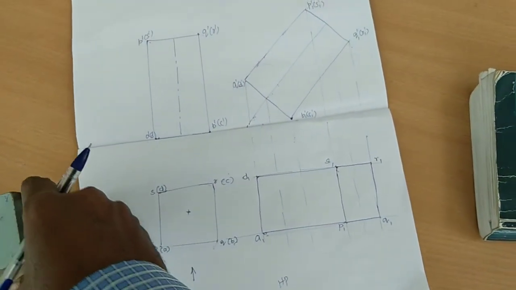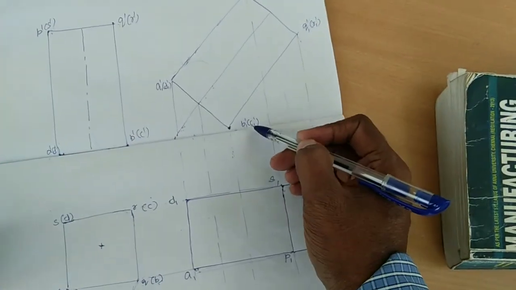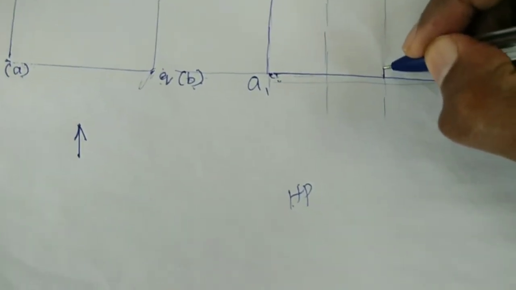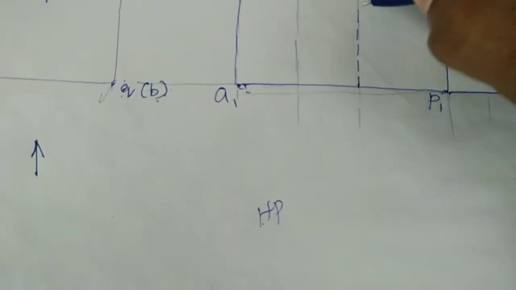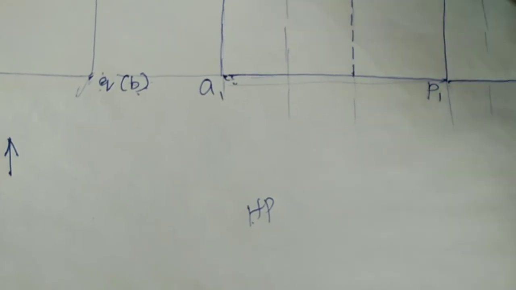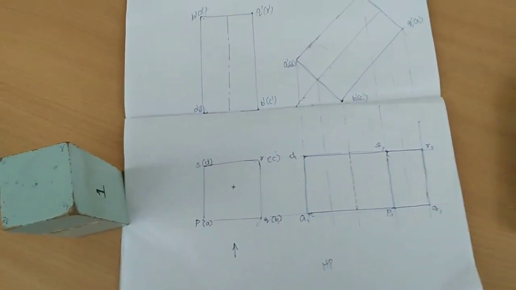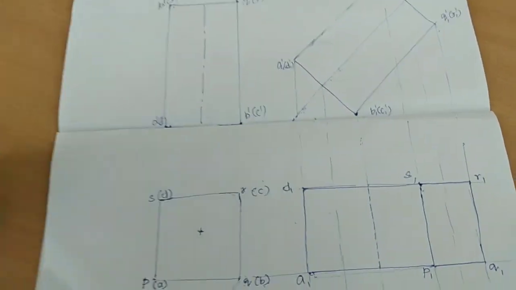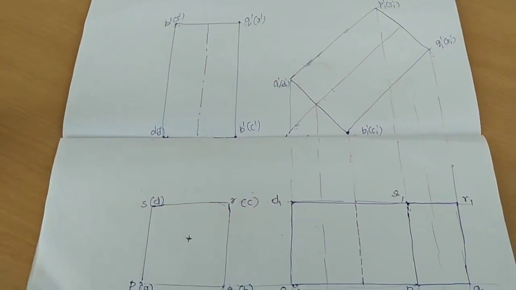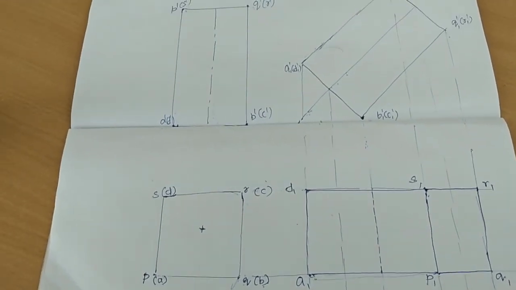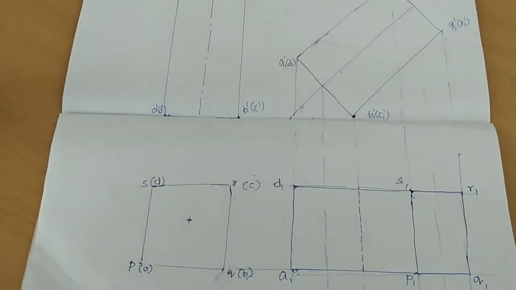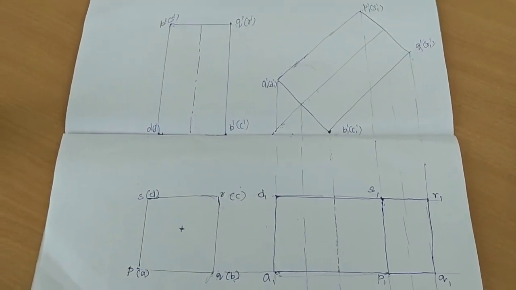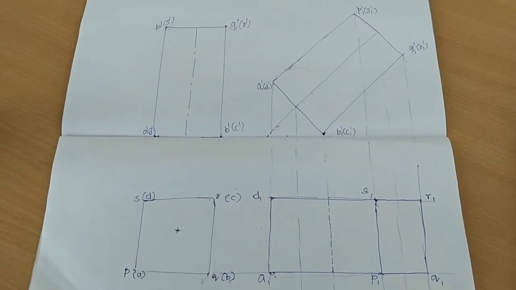The base edge BC is resting on HP, touching the horizontal plane, and it is not visible when you view from the top, so hidden lines are used. BC is represented by hidden lines. This is the final front view and final top view of this object, a square prism. Initially the true shape is obtained in the horizontal